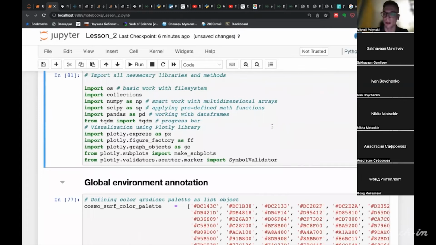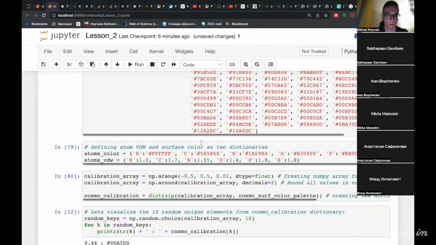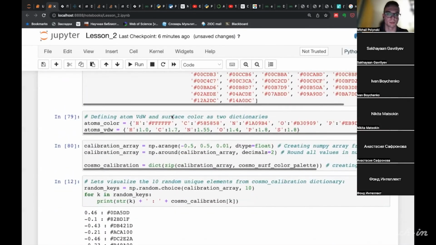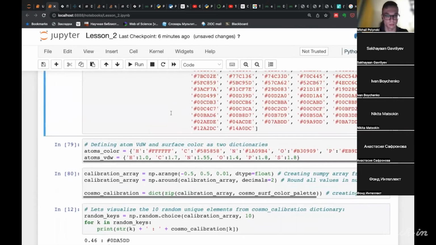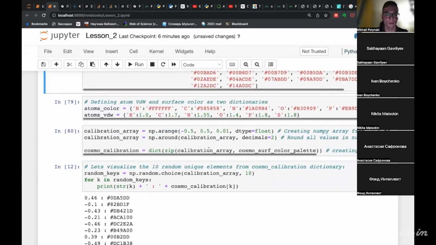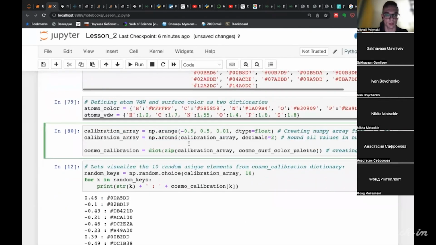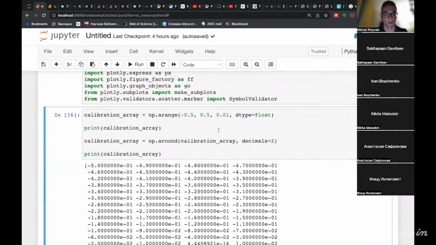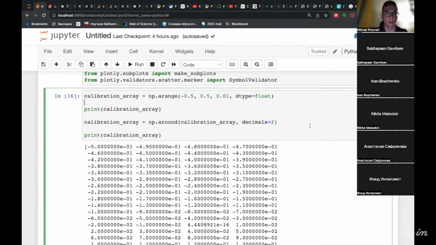So we import the libraries we are going to use next. Again, we can execute the code, and we can make two arrays, NumPy arrays.